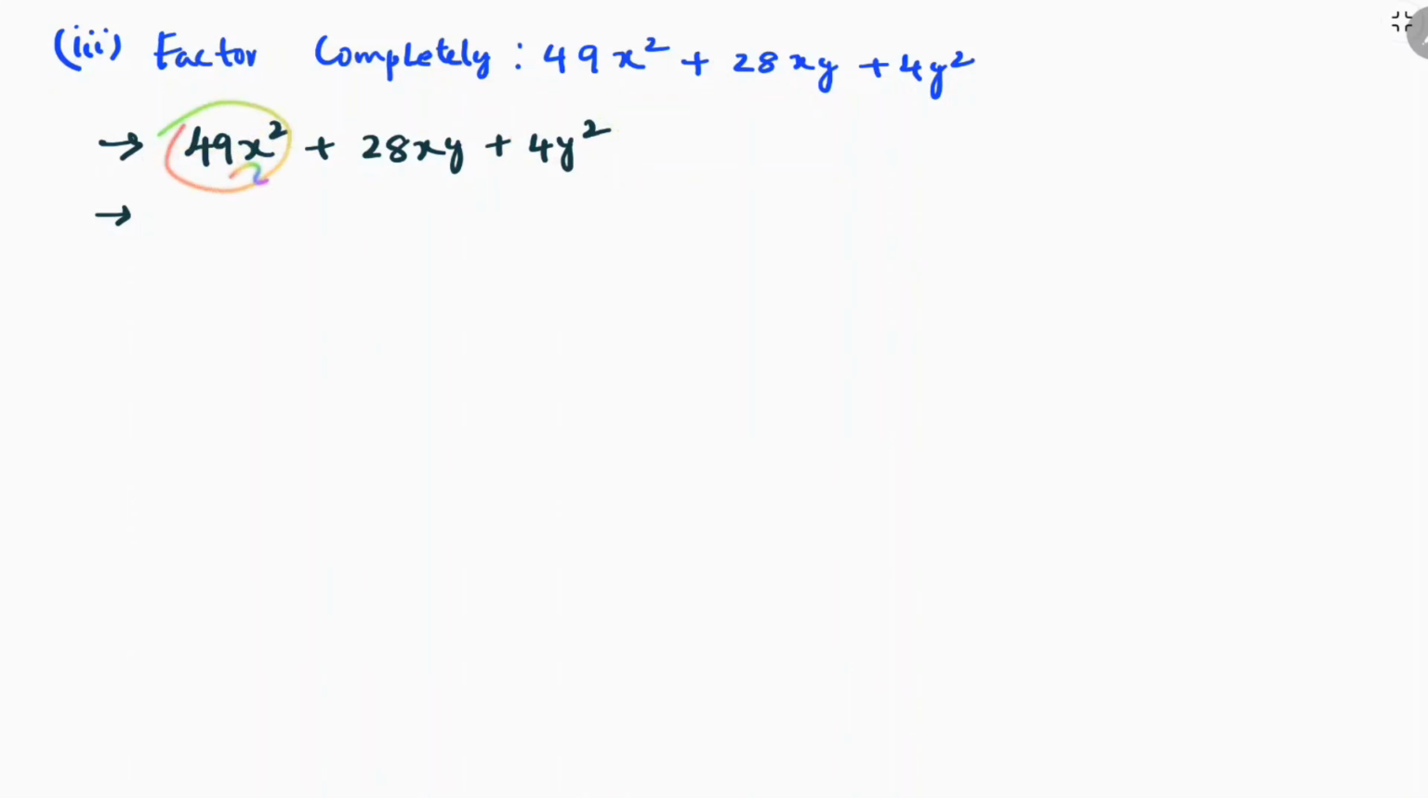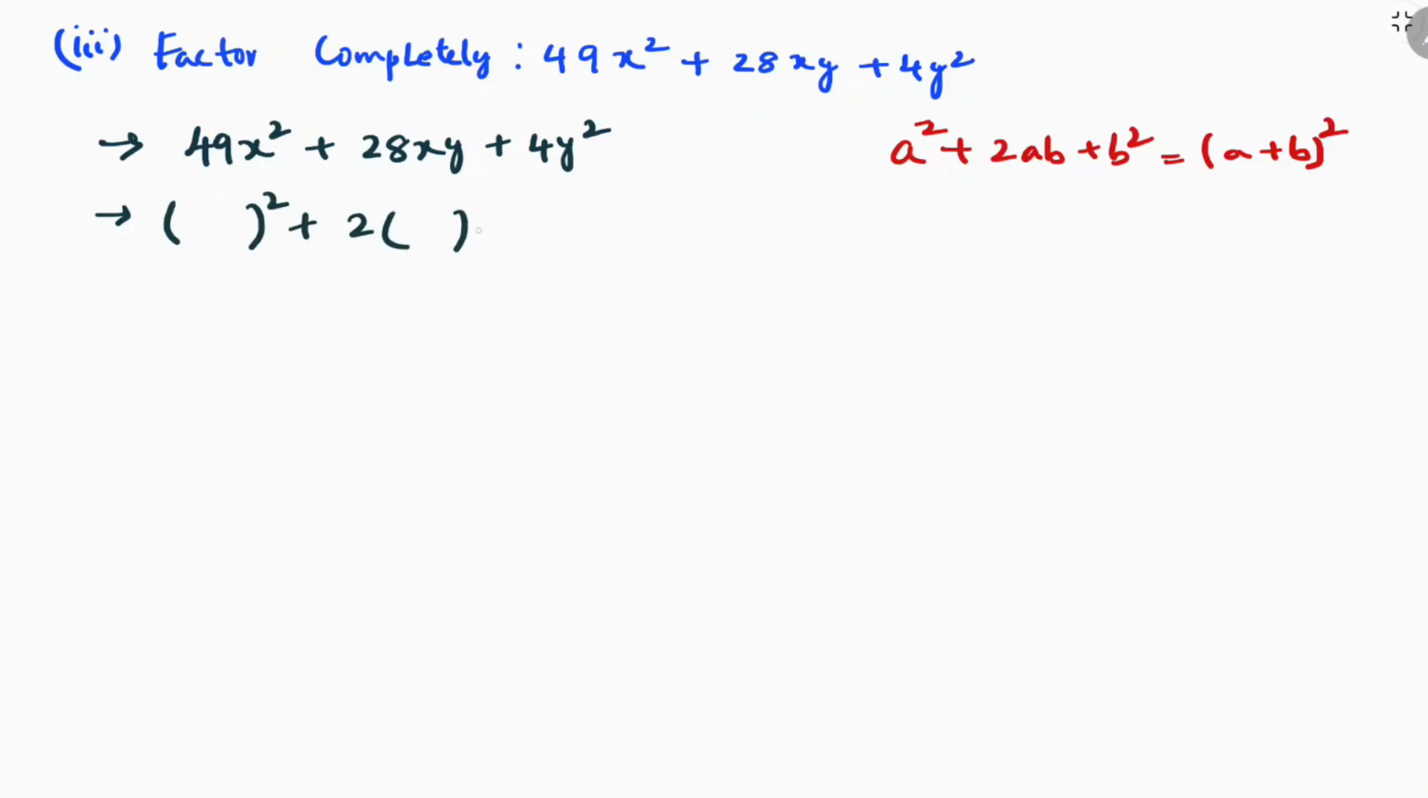So there are high chances that we can use the identity directly, that is a² + 2ab + b², but we need to check for 2ab. If it is in this form, a² + 2ab + b², we can write it as (a + b)². So we'll check whether 2ab will fit or not. First I'll write a² + 2ab